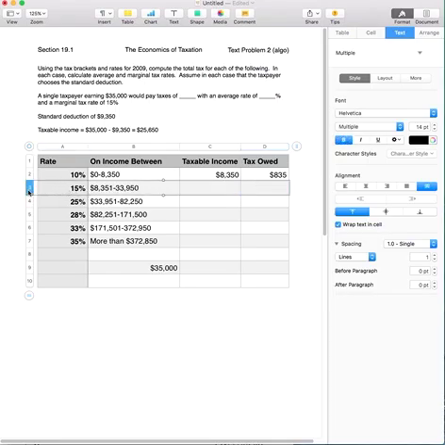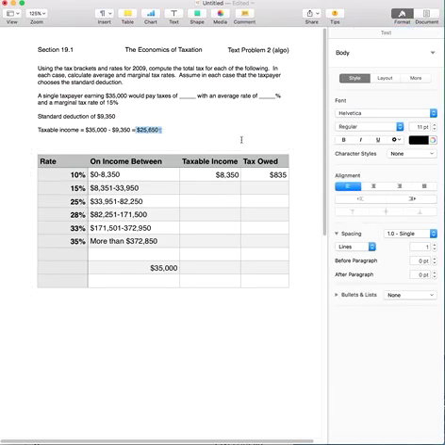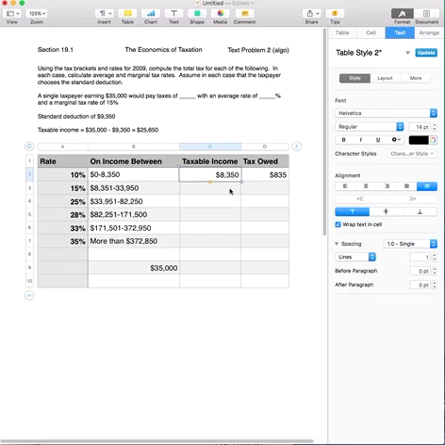Now that we get to the next bracket, what you end up seeing is that this number is less than the upper threshold, which means they are not going to pay the full amount that's in this bracket. They're going to pay the difference between the $8,350 that's already been calculated as taxable income and that number. So if you take the $25,650, subtract off the $8,350 that's already been accounted for, that gives you the leftover amount that falls into this bracket, and that is equal to